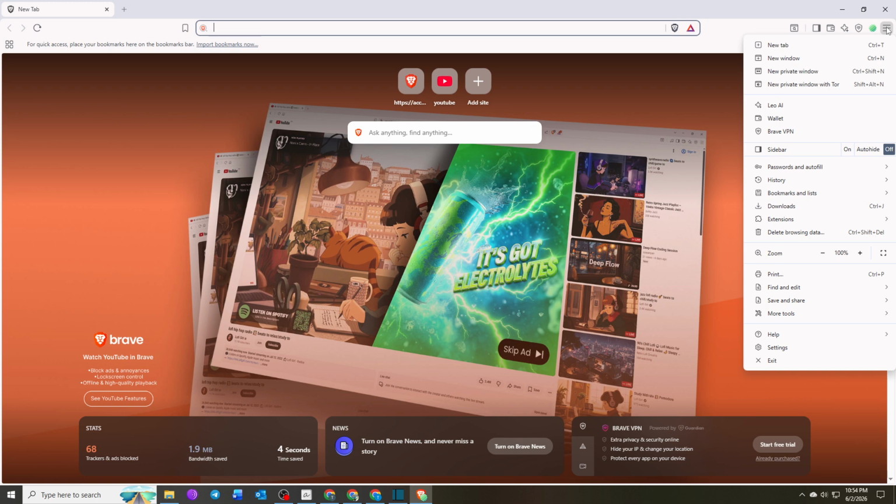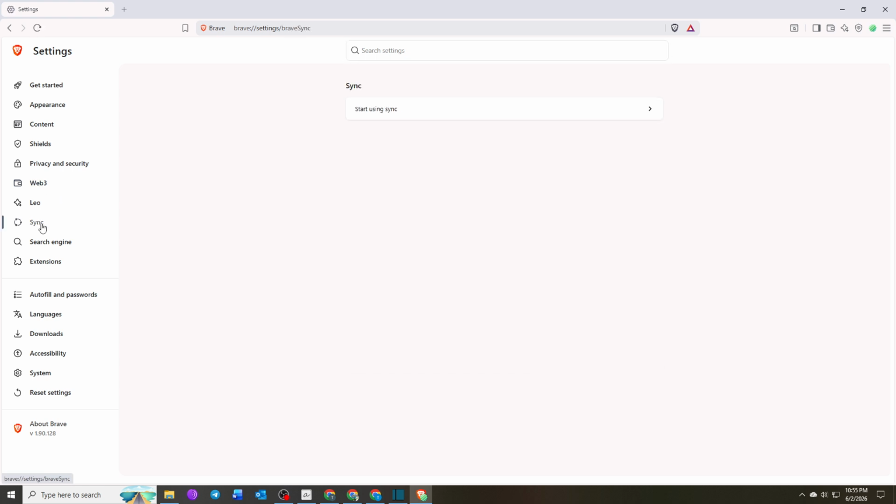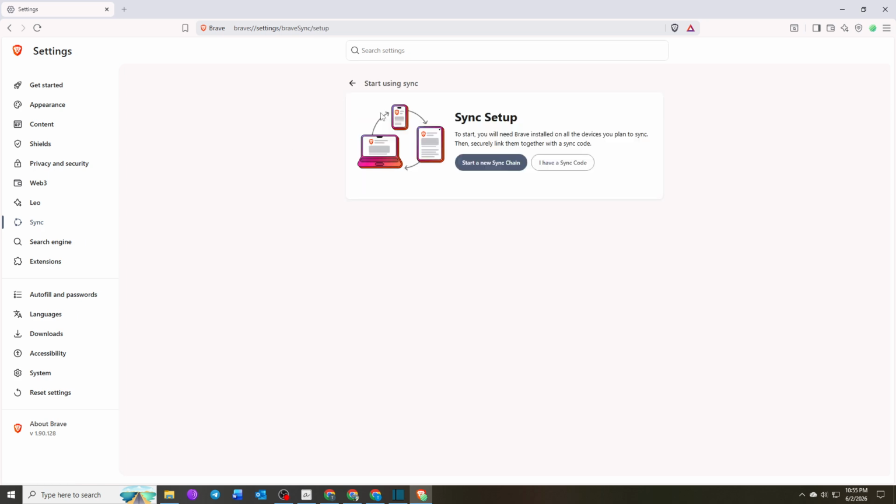Once you're inside the settings area, look at the navigation panel on the left side of the screen and find the option labeled Sync. Click on it to access Brave's synchronization tools. When the Sync page opens, locate the option that says Start Using Sync and select it. This feature allows multiple devices to share and synchronize browser data, making it ideal for transferring information to a new